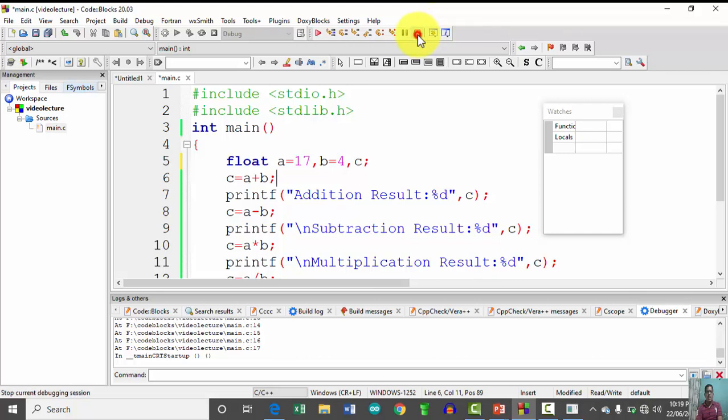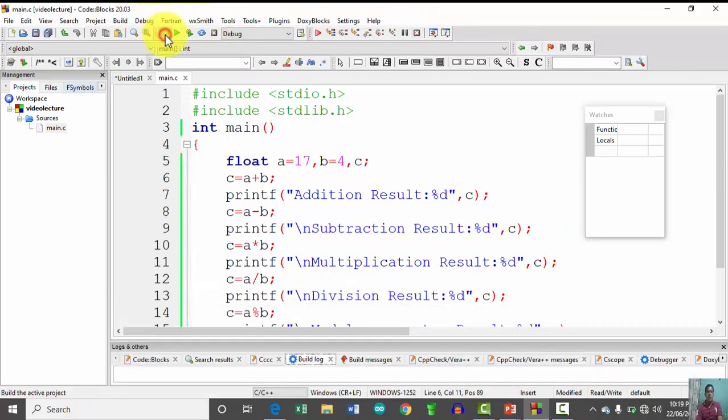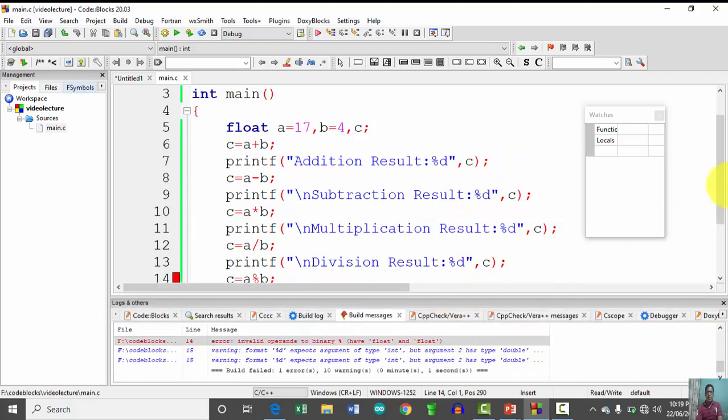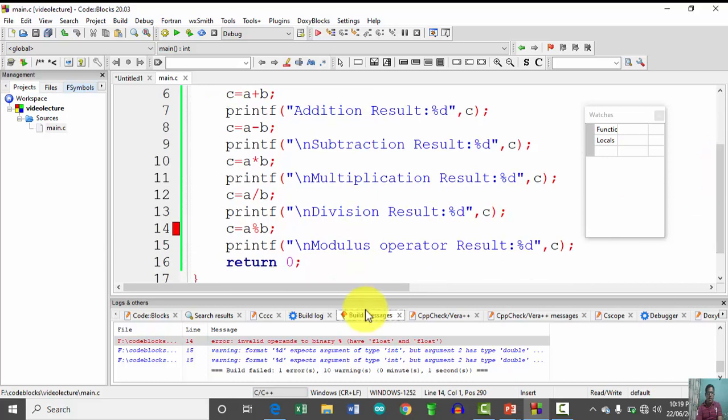And now again to cross check it, we will compile the program. During this compilation process, let me refer to the logbook, we are getting an error. Where is that error? On this line, as the red square indicates, that is C is equal to A mod B. What does it indicate? Invalid operand to binary modulus. Why?